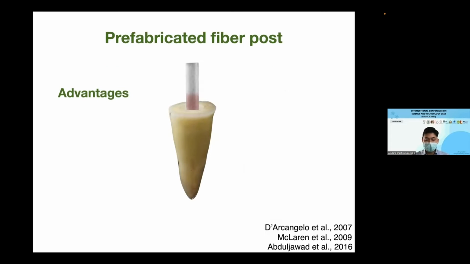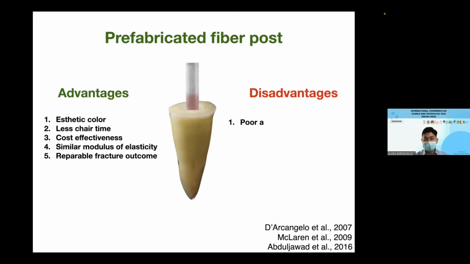With the increasing aesthetic demand nowadays, and the previously mentioned concerns of the metal cast post, the fiber post has become a widely accepted alternative restoration to metal cast post. The major advantages are the aesthetic appearance, less chair time, cost effectiveness, and similar modulus of elasticity to dentine, which may result in better stress distribution to the root canal. Despite all the advantages,